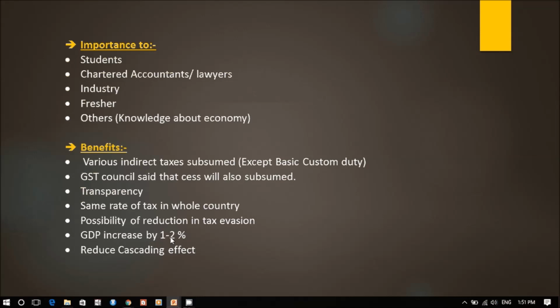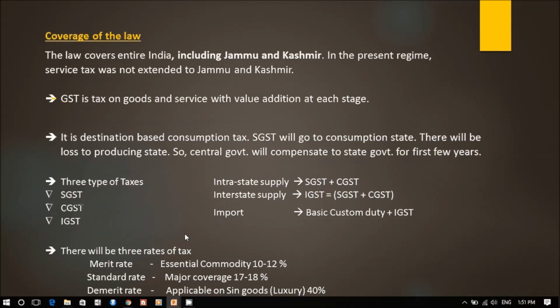And again, when they sell the goods, they have to pay tax on that 2% also, because that CST 2% becomes a part of the cost. But now in the GST there would be no central sales tax, no such kind of taxes. So I think it will reduce cascading effects as well.